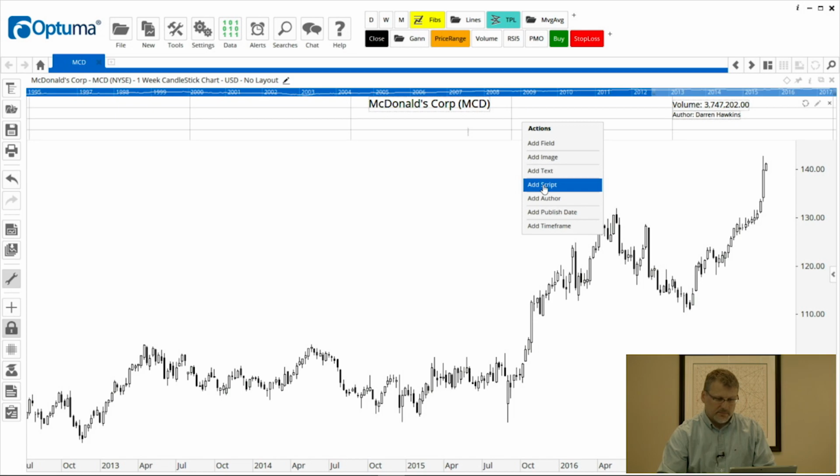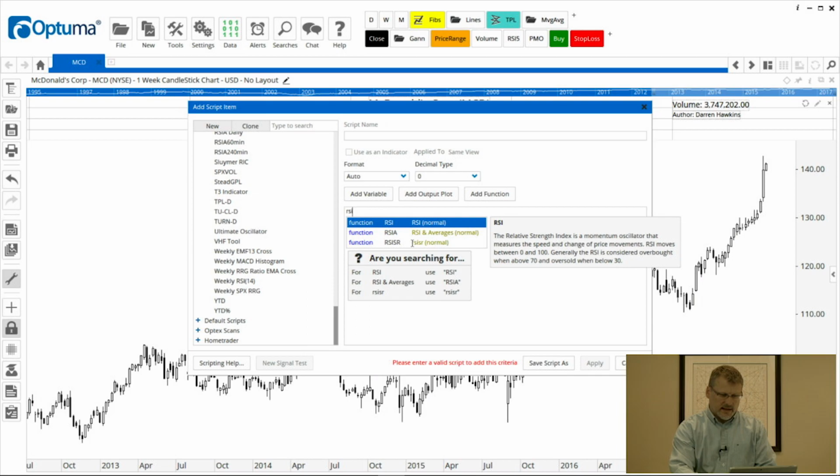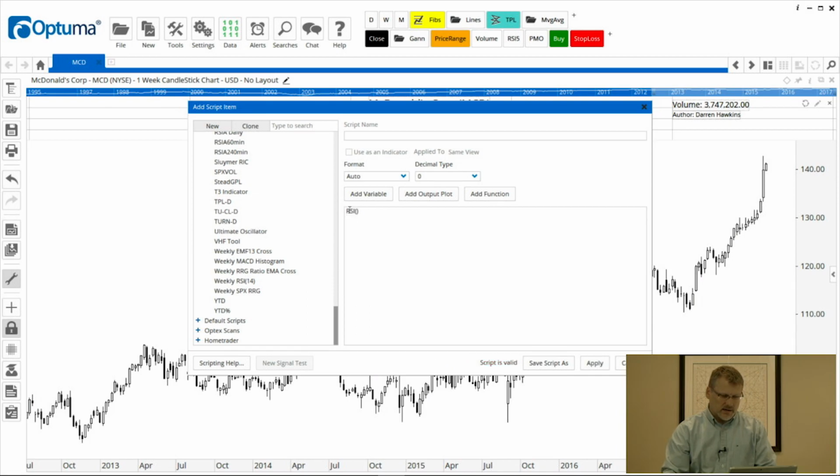So again, going back to the scripting videos on learn.optima.com, highly recommend you go and watch those. But we can put any value of any technical indicator on the chart. So let's say you wanted to put the RSI value. So we'll type RSI. We can change the parameters to a 14 period and make that weekly. And when we apply that